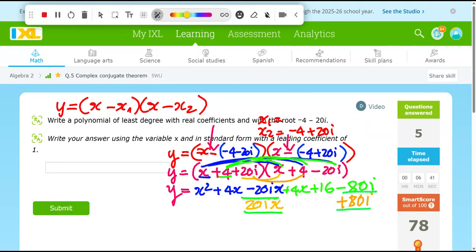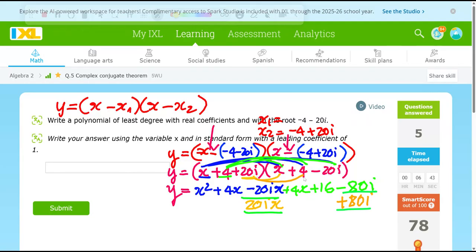Now the last one you do is 20i times negative 20i squared. So it comes out as subtract 400i squared. Okay, that's it, we're done. All right, so here your equation is